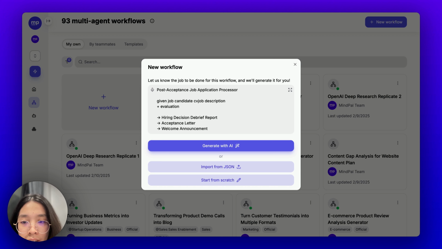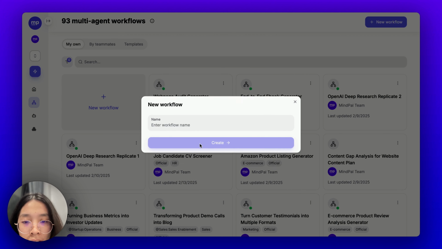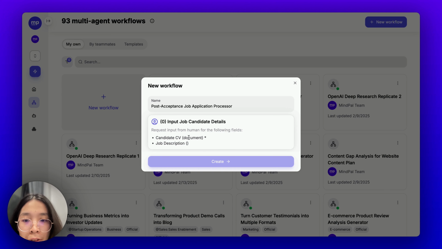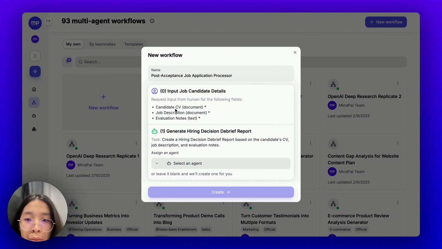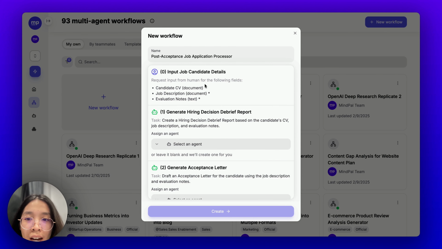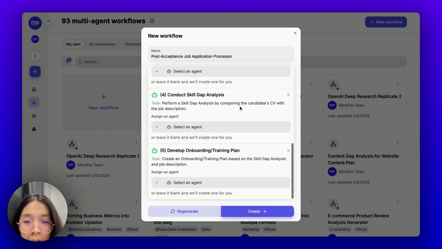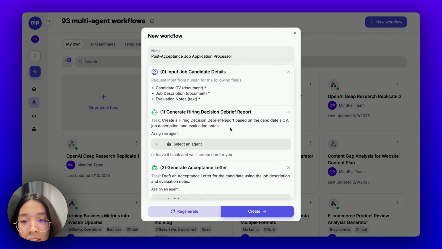Given job candidate, yeah, and let's regenerate with AI. So I think if I put it into one line like that, it would understand this as I can collect all of this information in one step. So this is pretty good. Now